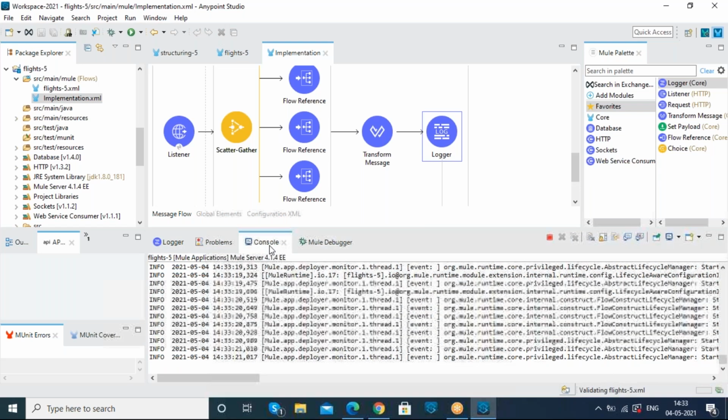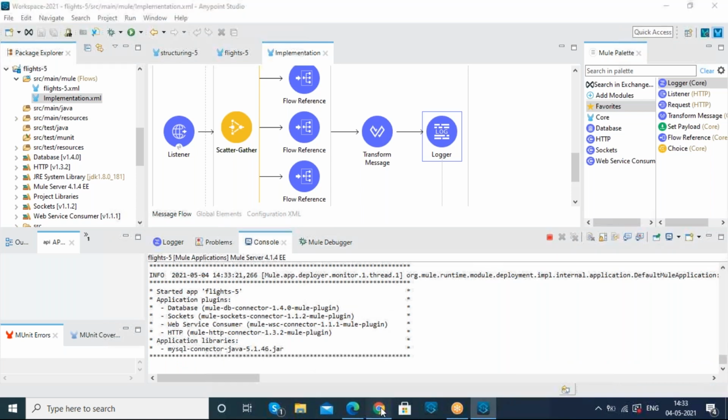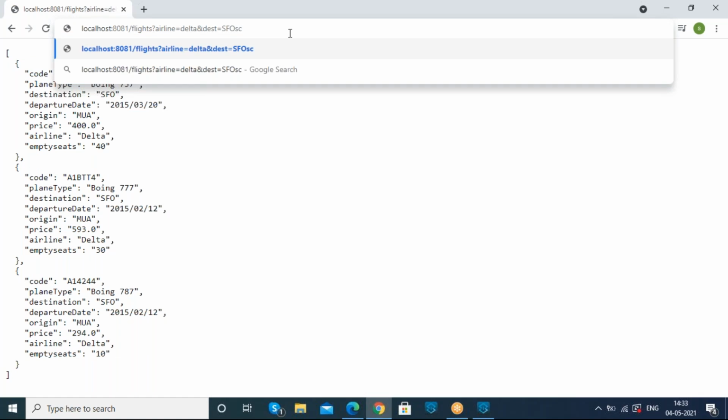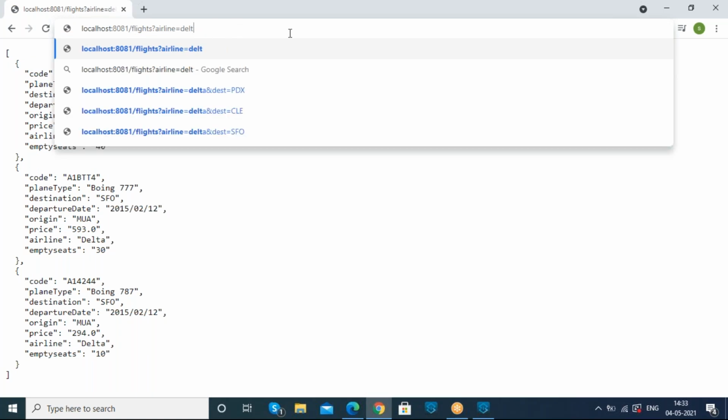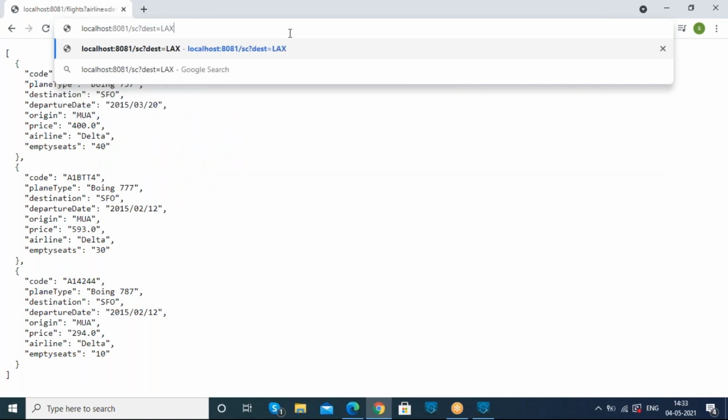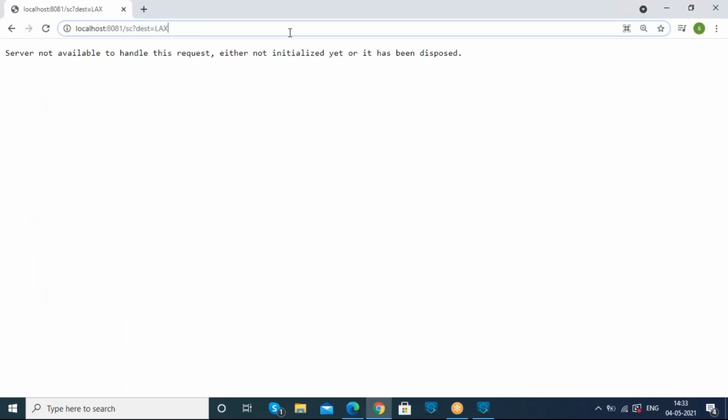Once our project has been saved, it will be up and running. If I request it according to SC, which is our end path, whatever we had chosen, with the LAX parameter, it had not yet deployed.